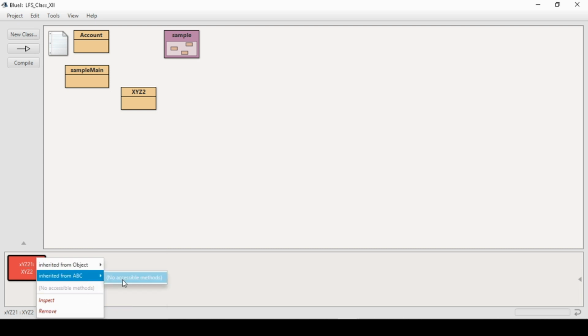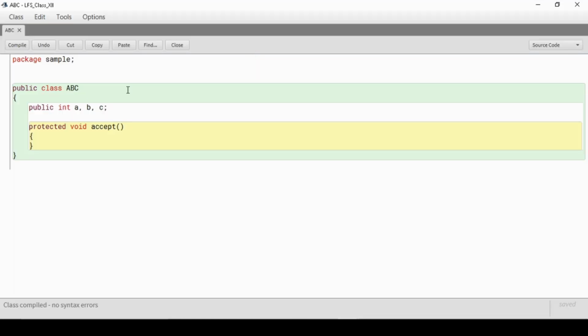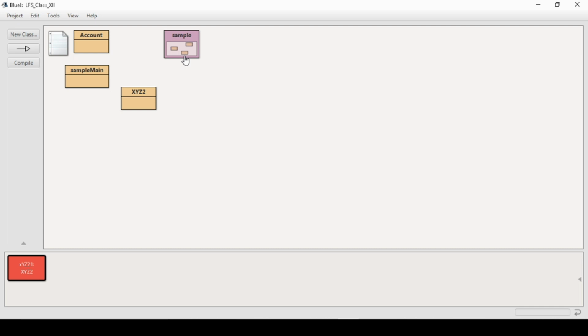So it's showing protected member also not inherited. Let's see. If a protected member is there, if a default member is there, it can be inherited inside the same package. Public can be inherited anywhere. Private members, neither can they be inherited nor can they be accessed through the object. So these were the scopes of various members with different access specifiers.